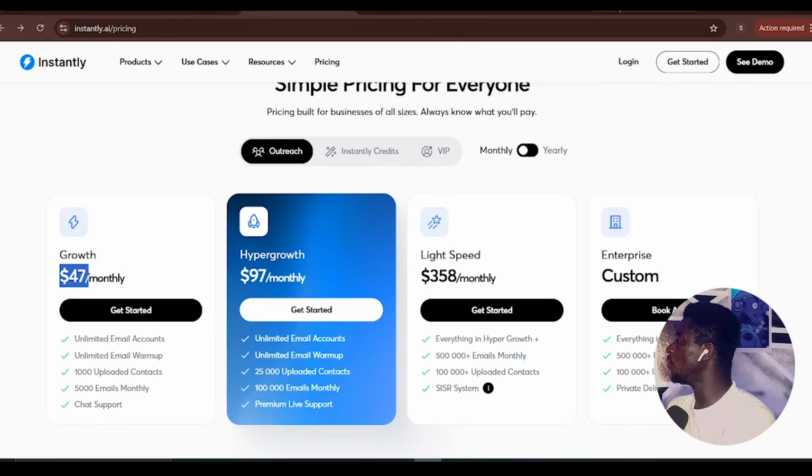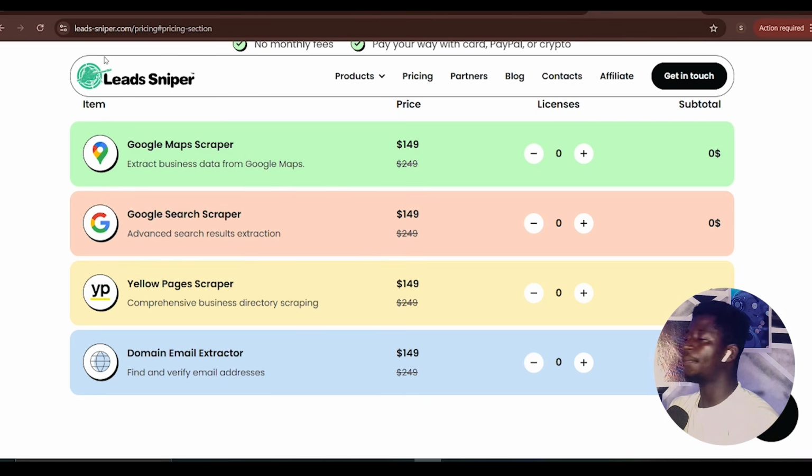So now let's check Lead Sniper's pricing, right? Then you judge for yourself, right? So let's go to this website, leadsniper.com. I'll leave the link in the description. Right now you can see with their Google Maps scraper, you're going to pay